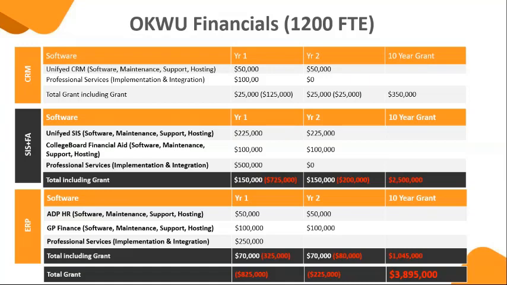Now, let me turn it around and give you the summary. So to transition a Westcliff from Banner to SAP, Paychex, including CRM, student system, bringing in College Board, the total cost for Westcliff is $175,000 year 1. It's $175,000 each year with a maximum increment of 3% based on CPI. So our aim has been to bring in